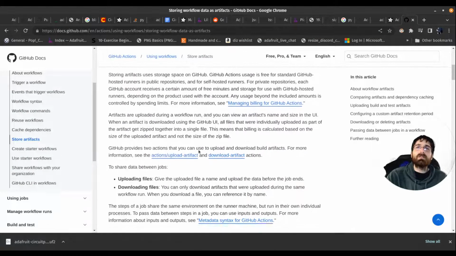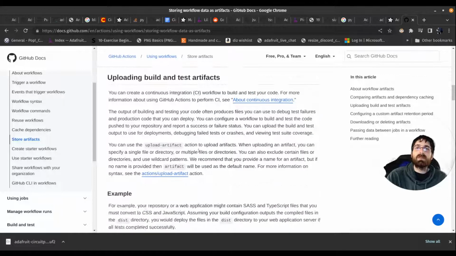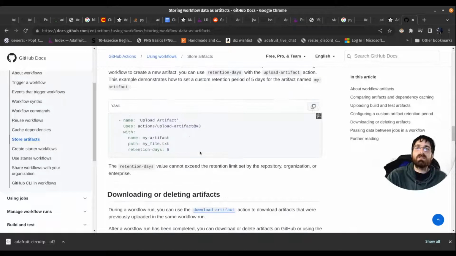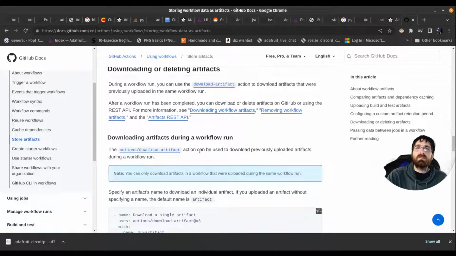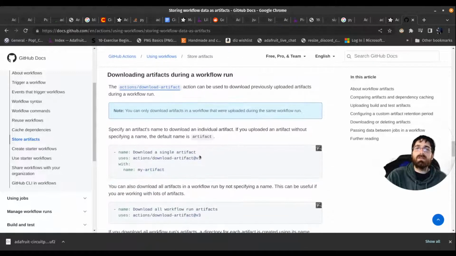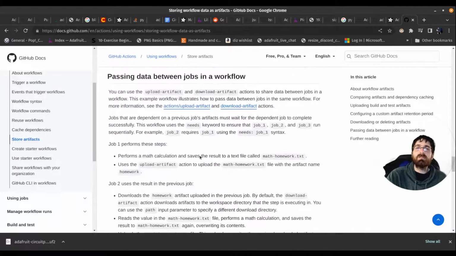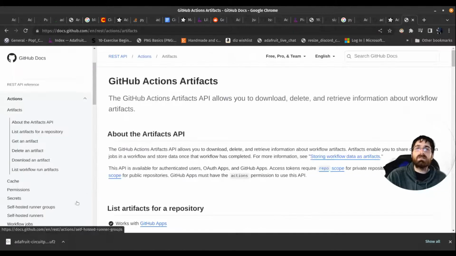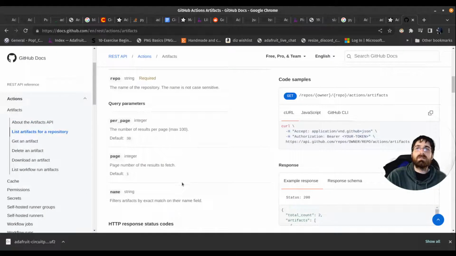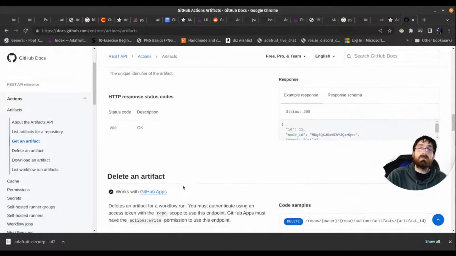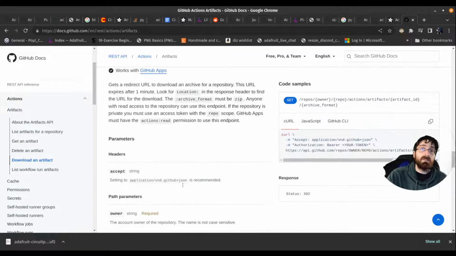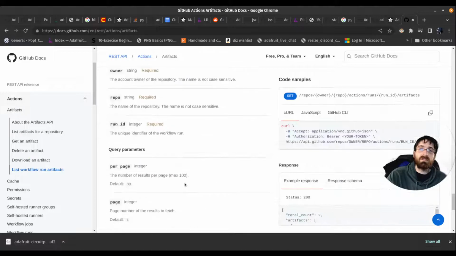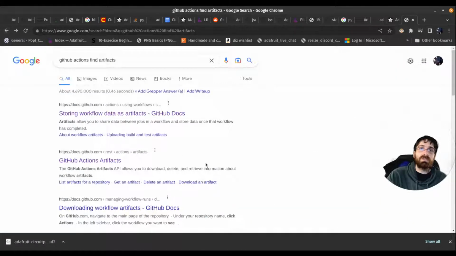I don't know if I find them after they're uploaded. Upload artifact. How do I find them on the front end? Anybody? On the web page, where I visually see them.